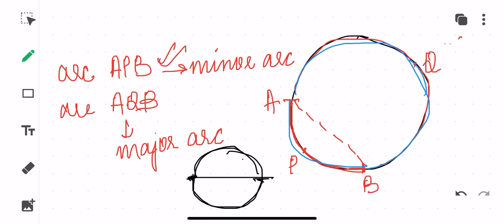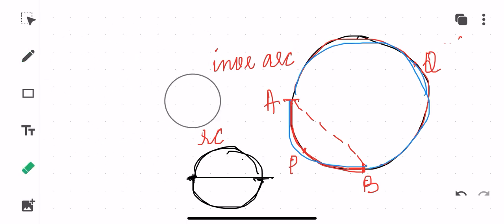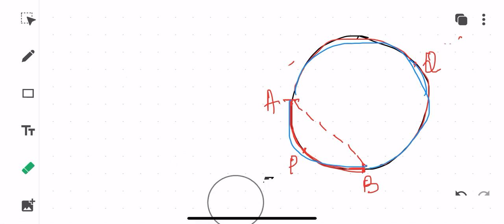Okay, now relating to this, we have other terms as well, children, that are called segment. So what is a segment, children? In a segment, this particular part of the arc that we have drawn, before we had an imaginary line, now suppose I am drawing an actual line, I am joining A and B. So you already know, children, what AB is.